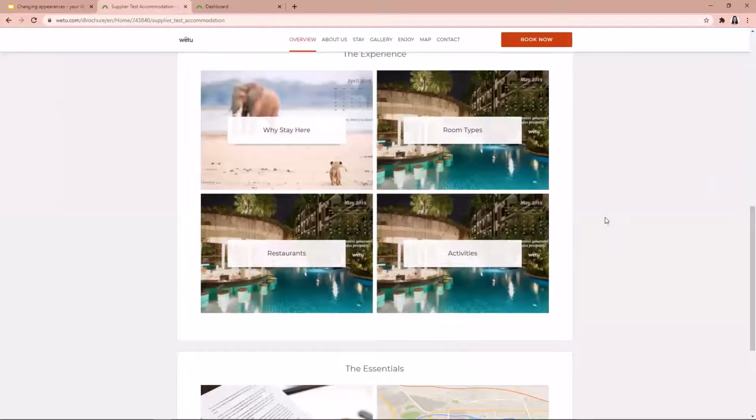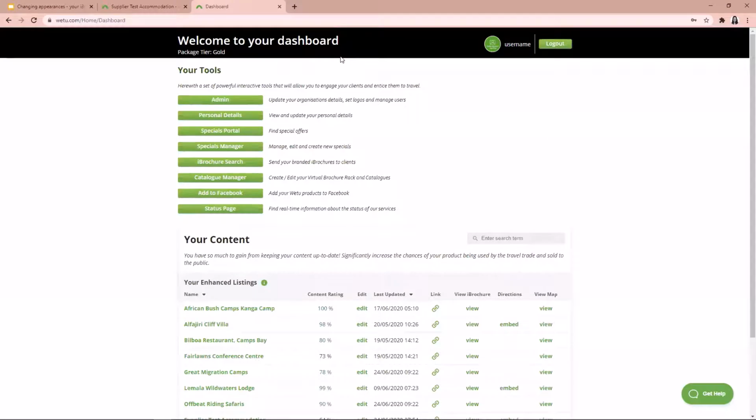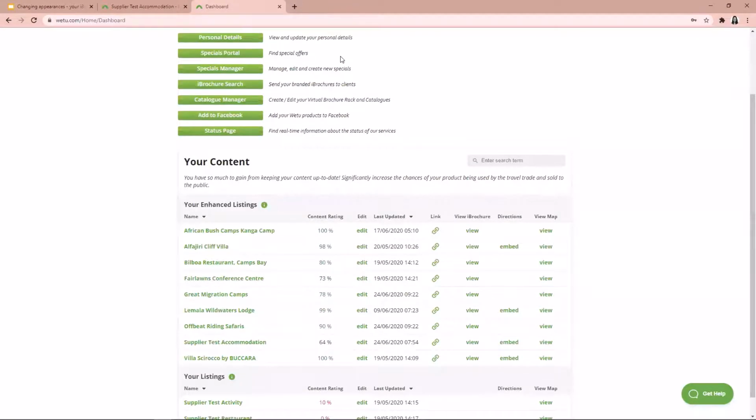An iBrochure will stand out when it has been customized with great quality and unique images. In order to customize these images, you will need to head back to your Wetu dashboard and scroll down to your iBrochure. If you have multiple iBrochures, select the iBrochure you are looking to change the splash page, cover images, and slider for. Click on either the name of the iBrochure, or you can click on the edit button to